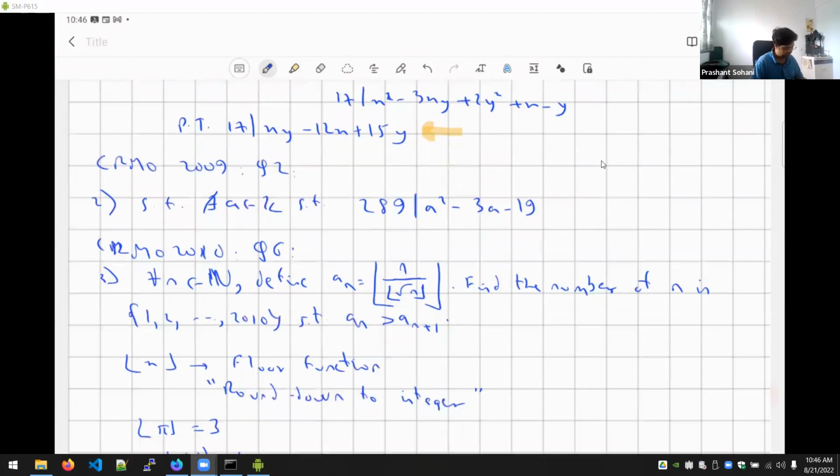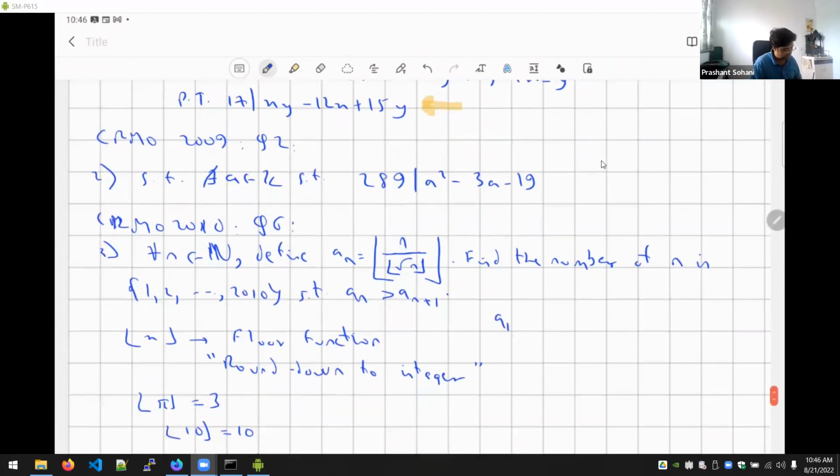So I'll just give you an example. So for 10, it will be 10 upon the floor of root 10, and root 10 is 3 point something. So the answer is